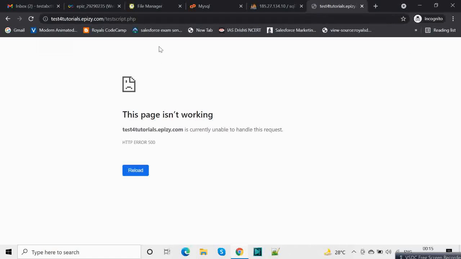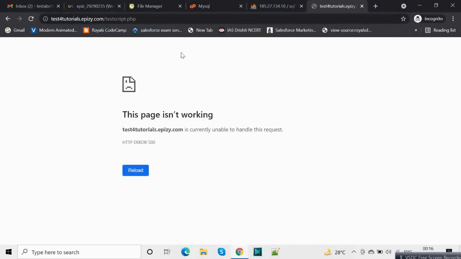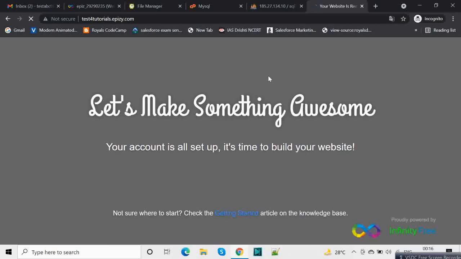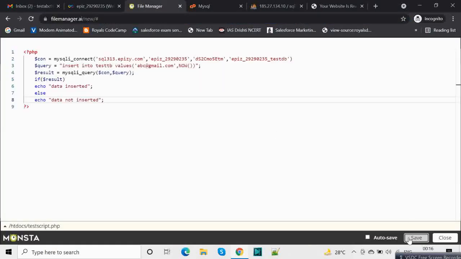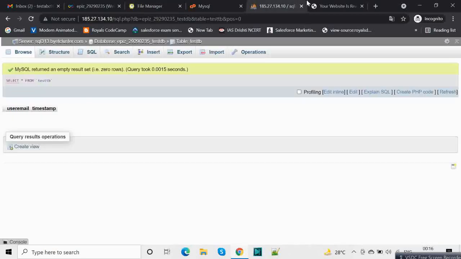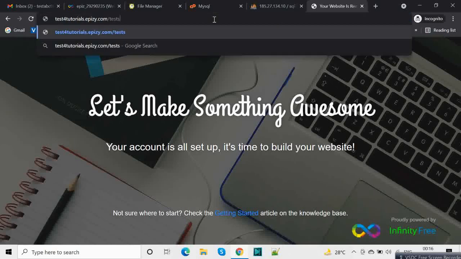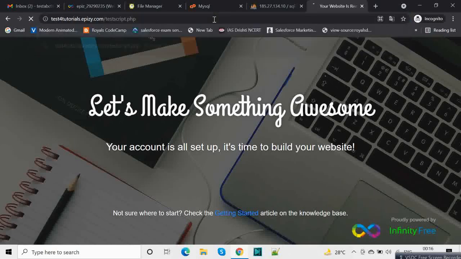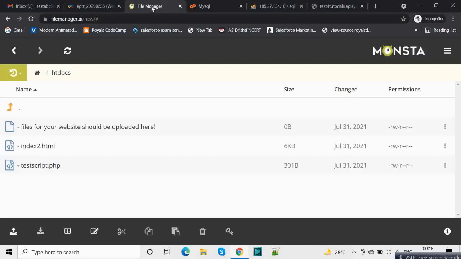Okay, http. Let's see. This is the page, and our file we have saved it. Let's close. This is our file, /test script.php.